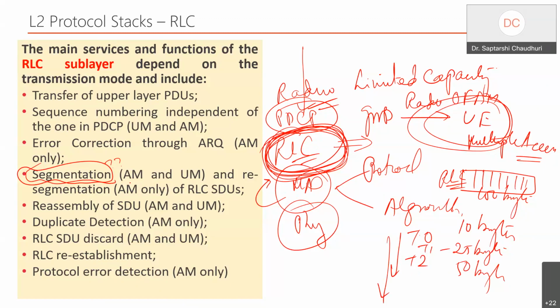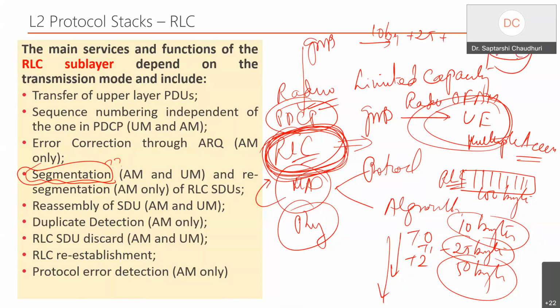Obviously, if the base station segments the packet, in this scheme 10 bytes goes, 25 bytes goes, 50 bytes goes. Considering the 100 bytes from the gNodeB going in this order, somebody has to accumulate them, so the RLC in the device, the UE, will start doing what we call reassembly: 10 plus 25 plus 50, like that.